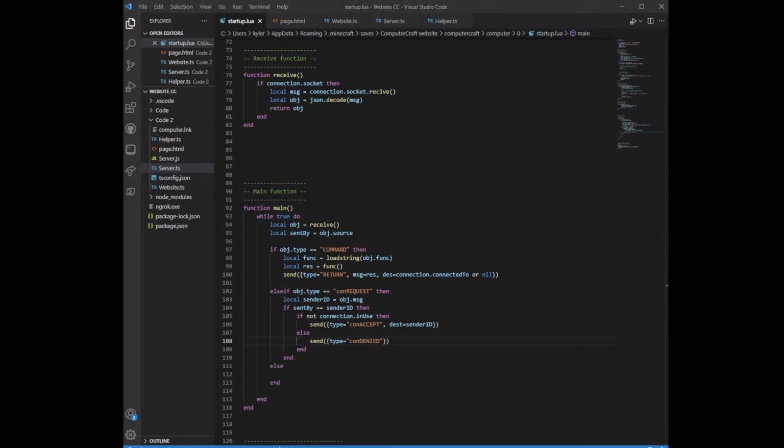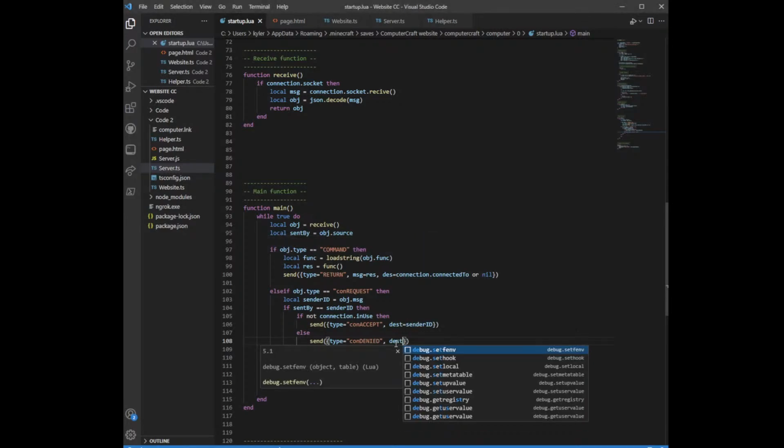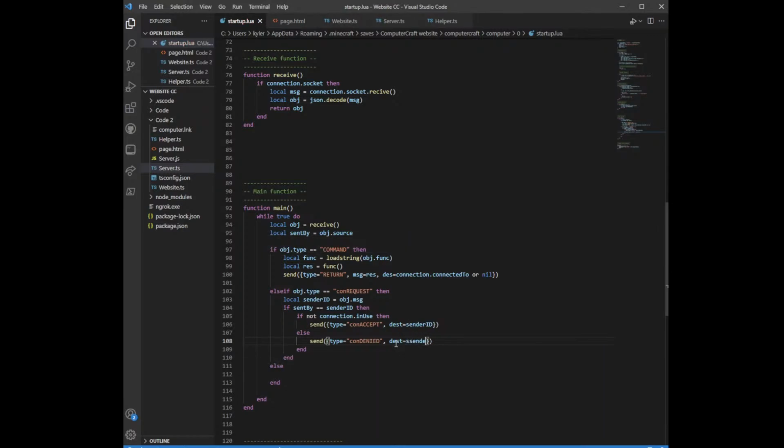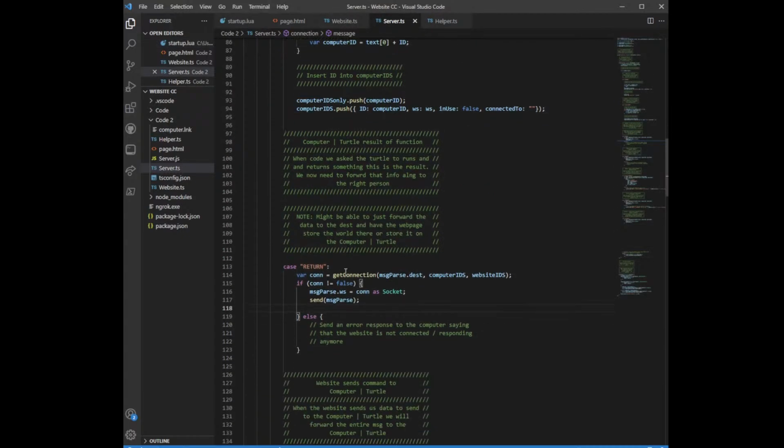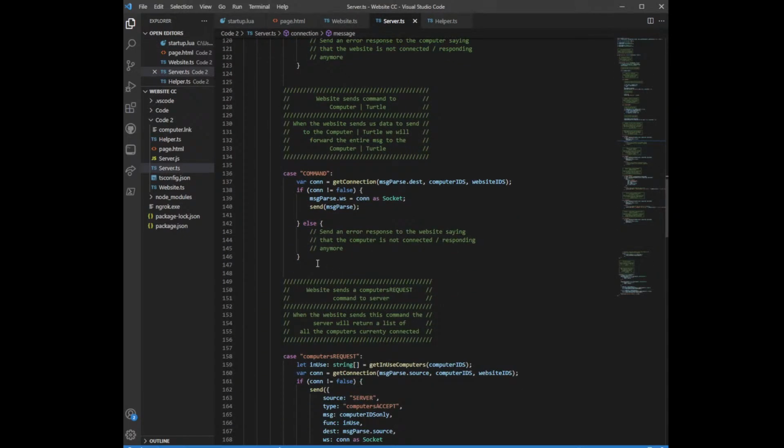Yes, that is how you spell denied. Okay. Connection denied, and we're going to say the destination is our sender ID. So, perfect. If we go over to here and we say case return, case,